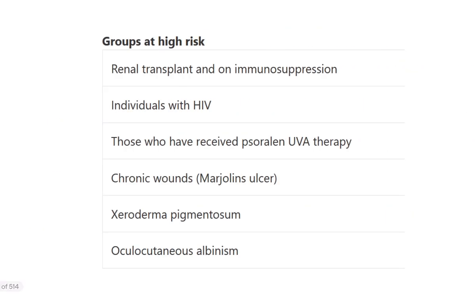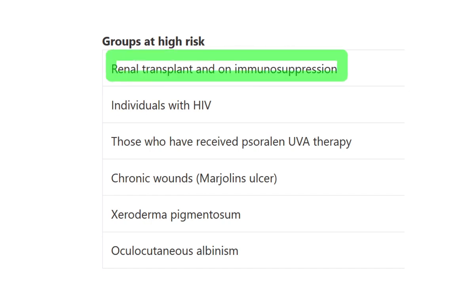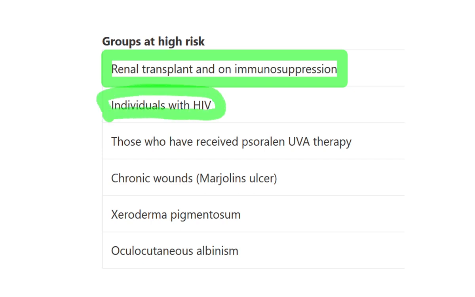So first of all, let's see the high risk group, that means who are involved most commonly. First of all, renal transplant and immunocompromised. In the immunocompromised patient, any type of carcinoma may develop, but one of them is squamous cell carcinoma. Individuals with the HIV virus are also important, because the HIV virus also reduces the immunity. Those who have received the